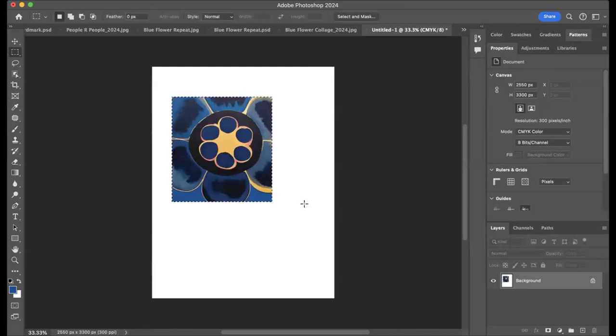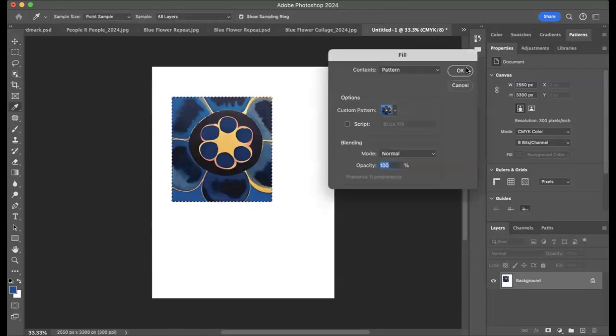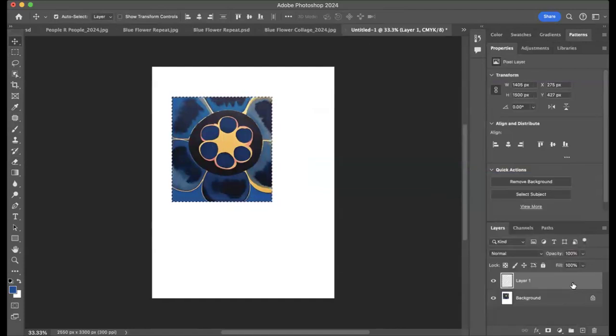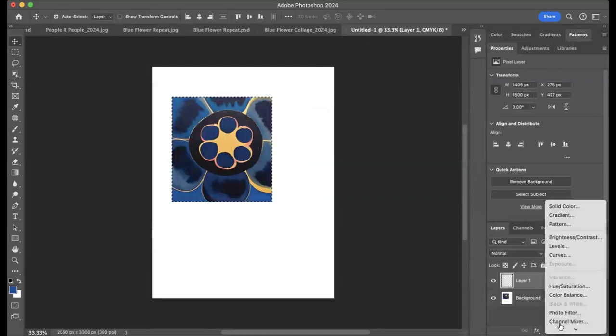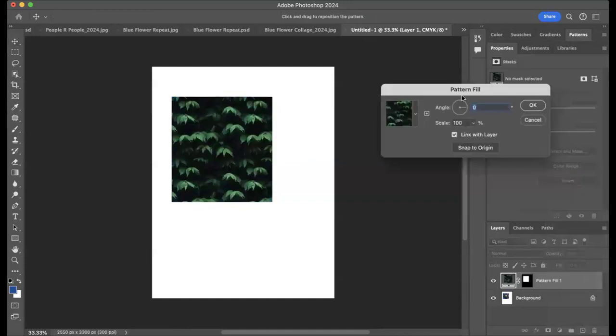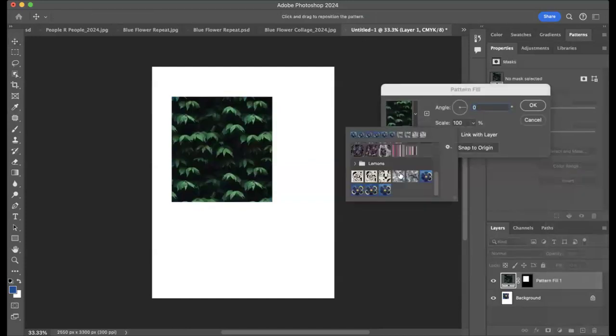Problem with that is it doesn't give you a whole lot of control. So what we're going to do instead is create a new layer, and I'm going to head down to the adjustment layer function, which is down here, like the little yin-yang cookie. It's about the middle of the palette that has your layers on it. If you click and hold on that, you can see that you've got various choices of items on the menu, and one of them is pattern. And the cool thing about this is if you click it from there and then select your pattern,